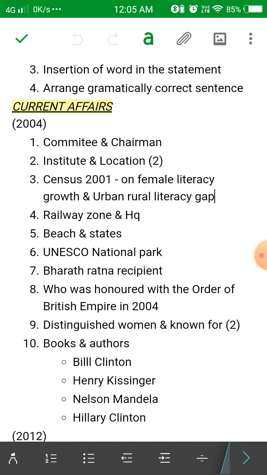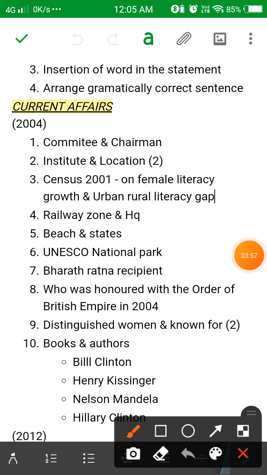Moving on to current affairs. Current affairs in 2004 was mostly static in nature, as I told you, because there was more focus on GK things like this one, the institutions and locations. Different institutions were given, and these are match-the-following questions where you need to match the locations of these institutions. Then we have the beaches and states, railway zones and headquarters, UNESCO National Park,